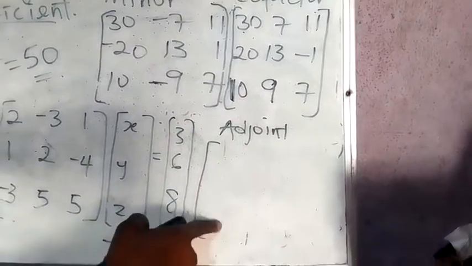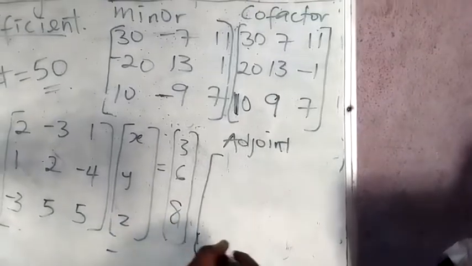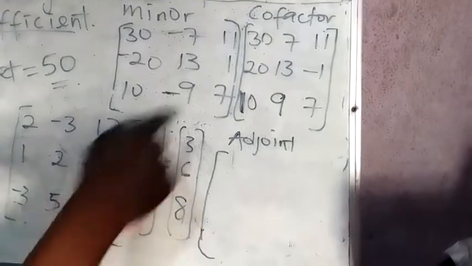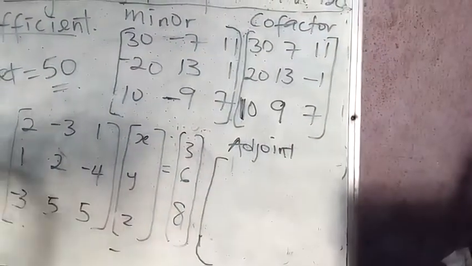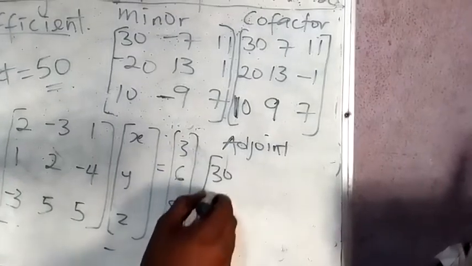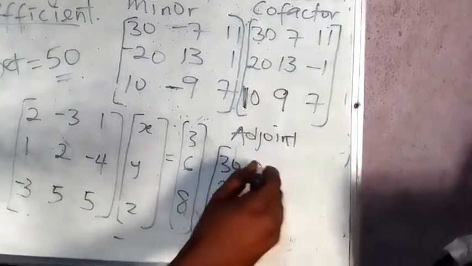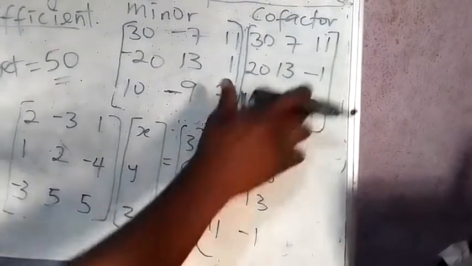I told you that the adjoint is a transpose of the cofactor, whereby you turn the row 1 to column 1. That is 13, 7, 11. Here will be 20, 30, minus 1. This one will be 10,